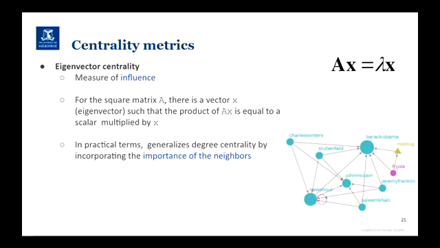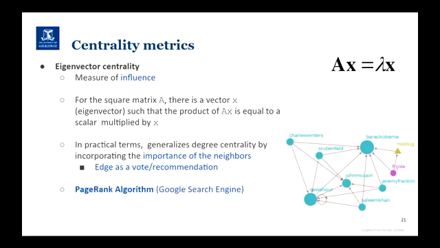But basically, in practical terms, eigenvector centrality measures influence and node importance in the following way. It generalizes degree centrality, incorporating the importance of the neighbors. So it's saying that each edge is a vote. If I have a connection, that's a vote, but that vote is weighted by the importance of my neighbors. So it's based on recommendation. And that's quite important given